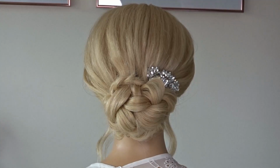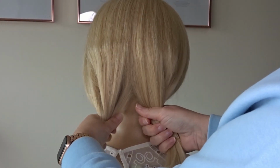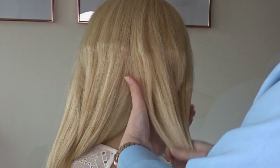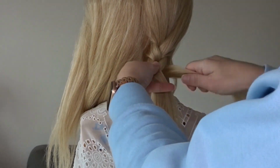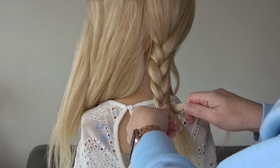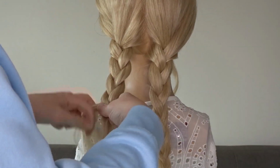Hi guys, today I'm going to show you how to do this low bun updo with just 2 braids. To start, I've left out some hair to frame the face, and I'm just going to divide that hair in half at the back of the head and then just do a regular 3-strand braid on that right hand side, and then just tie it off with a clear elastic band, and then just repeat the same braid on the